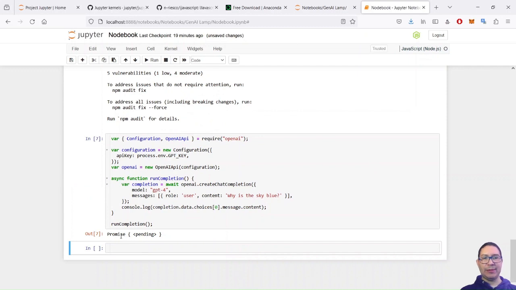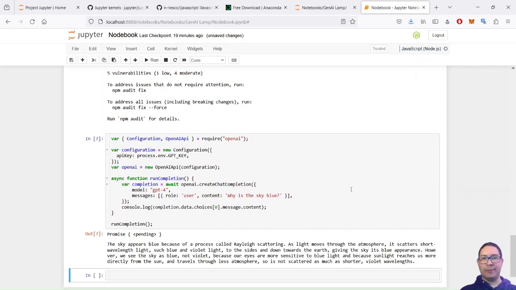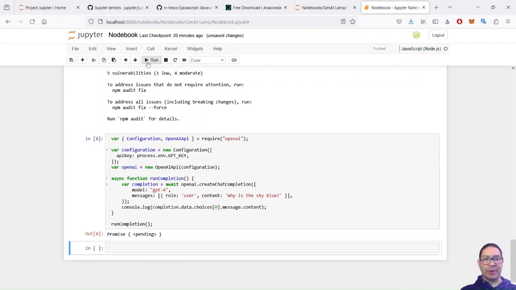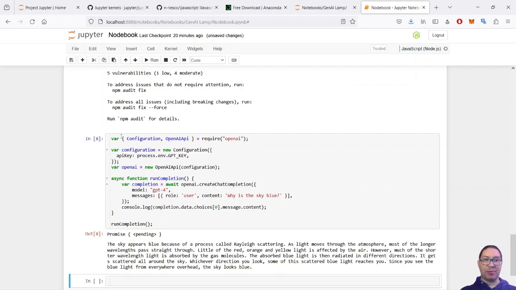So you see the promise, then the question to the LLM, and here is the answer: the sky is blue because of the Rayleigh scattering effect. Okay, let's run it a second time. You can see that we can run cells multiple times. That's why var and not const or let. And you see the answer is slightly different. The general meaning is the same, but because we are speaking with LLMs, it's non-deterministic computing.